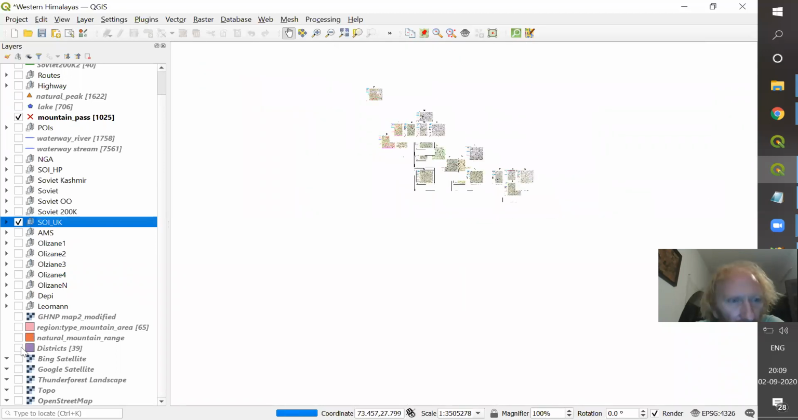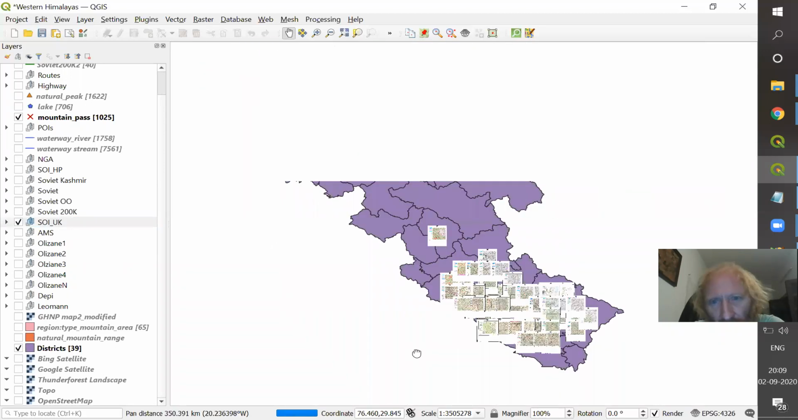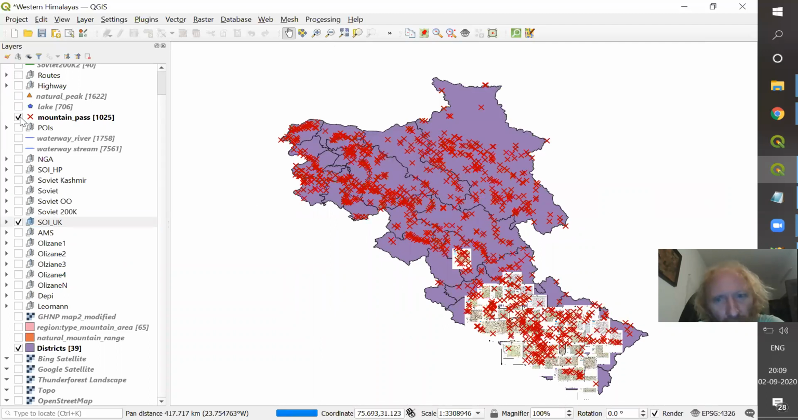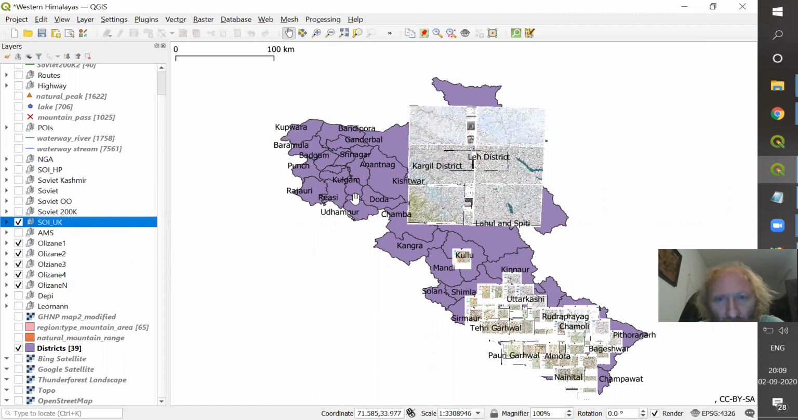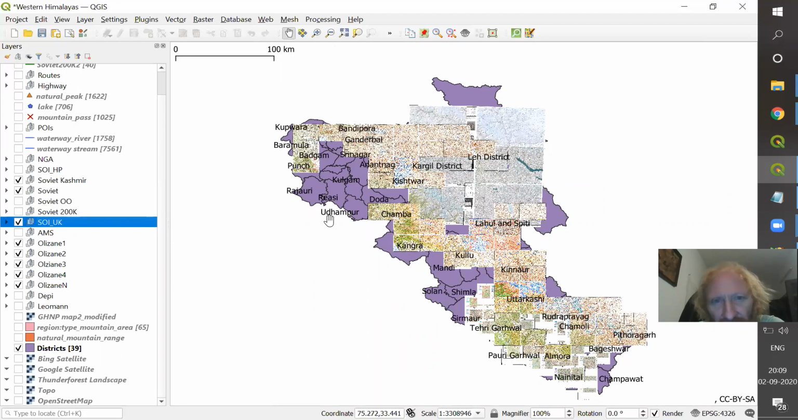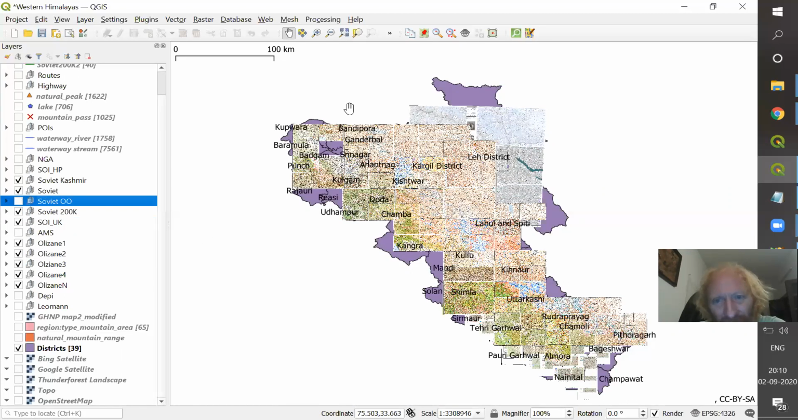If I again look at the entire Western Himalayas, we have Uttarakhand covered by Survey of India, Ladakh nicely covered by Olizane, and then the Soviet maps, which cover pretty much the rest, including the Soviet 200,000 maps that cover most of Kashmir. Voila. You can see all of these different map sources together beautifully cover the